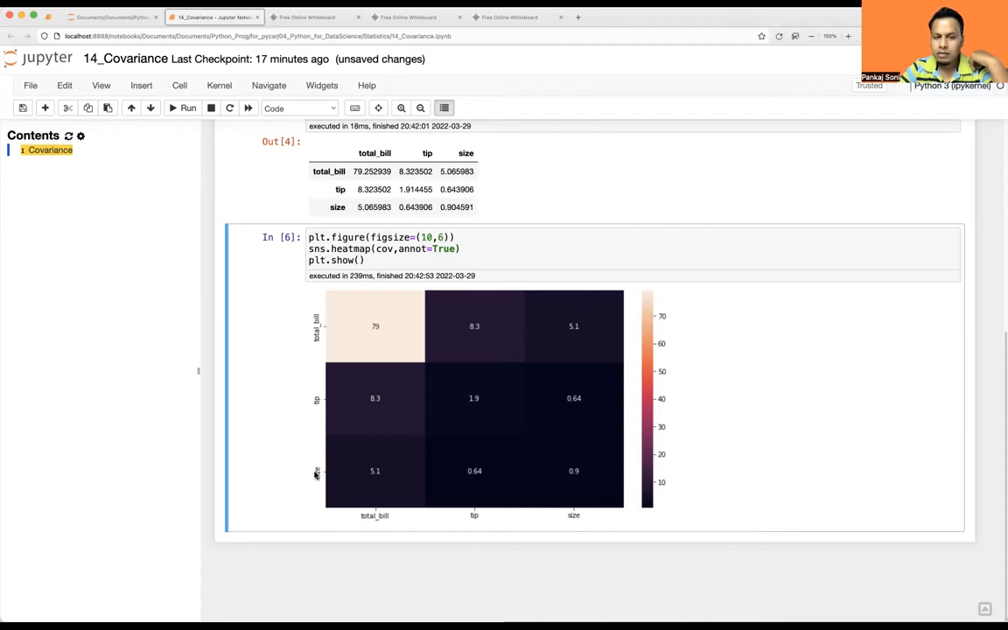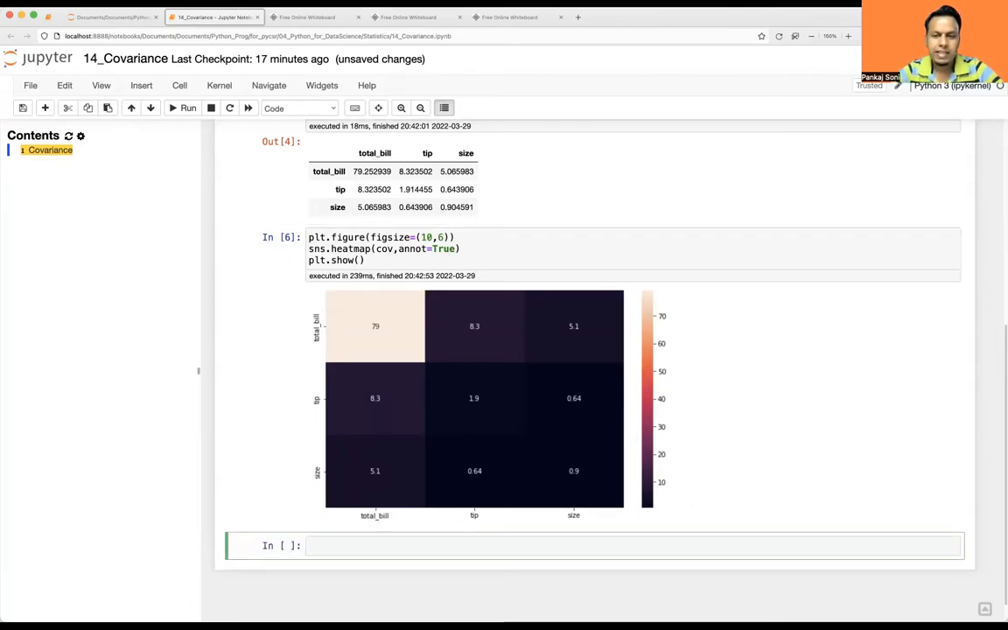When, let's say, size is increasing, what is the impact on total bill? We know that if size is increasing, definitely total bill will also go high. So let's see whether it is really shown in the graph or not, and whether the covariance is really showing positive correlation or not. Okay, so what we can do now,